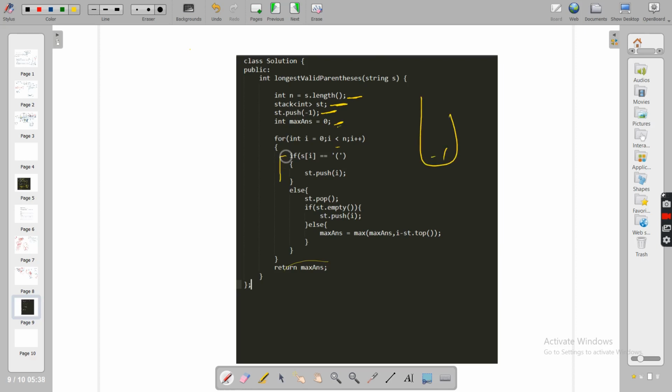Now if you see an opening bracket, you'll push that index in this, and when you are not getting an opening, which means you are getting a closing, we first remove something from this stack, then we see if that stack is empty. See this case, guys. If this was the case, then these two are paired, 0 1 2. So -1, 0 was here, then when 1 came, 1 was a closing bracket, 1 will remove 0, then it will find with -1 that your answer is 2. Till now the maximum length is 2.